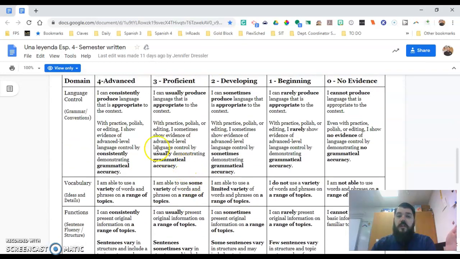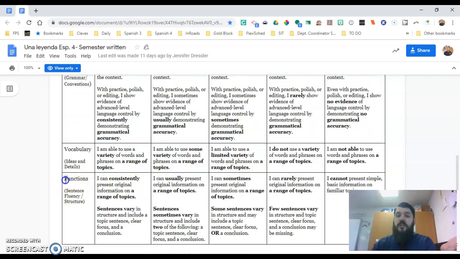And here's how you're going to be graded. Obviously, language control is grammar. Are you adding appropriate vocabulary? And lastly, do your sentences look different? Sometimes people get a little mixed up on functions, but what that just means is don't just give me everything in the yo form or ellos form, mix it up,